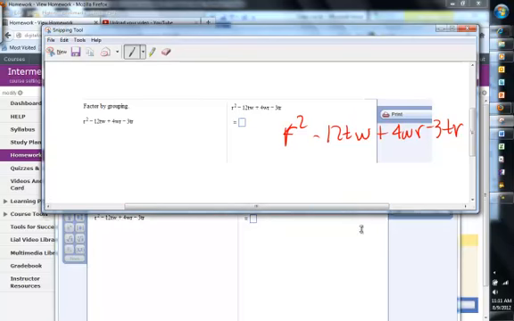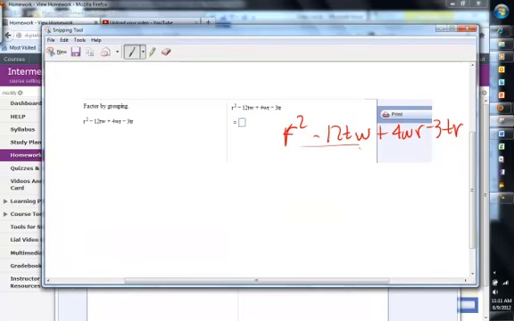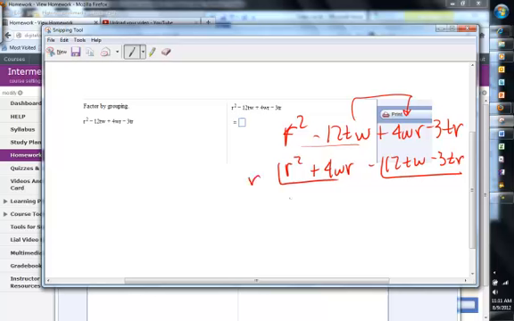Notice right now they have nothing in common, these two, so let's reorder them, and let's switch these two around. So we'll have r squared plus 4wr minus 12tw minus 3tr. Now when we group them, we can take an r out of the first ones,